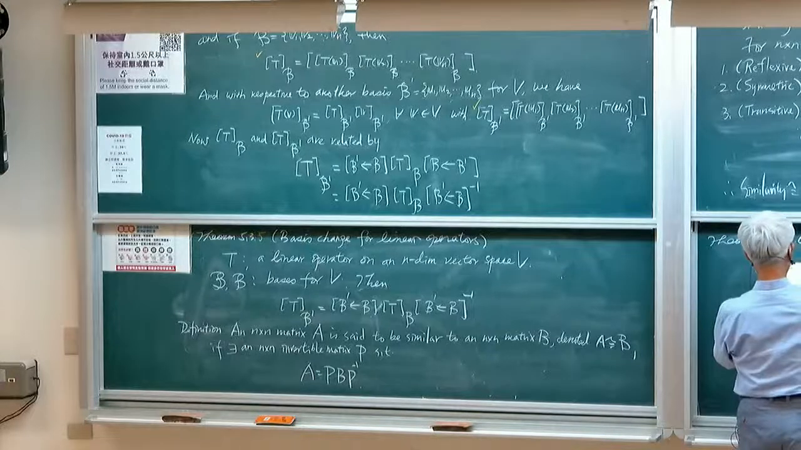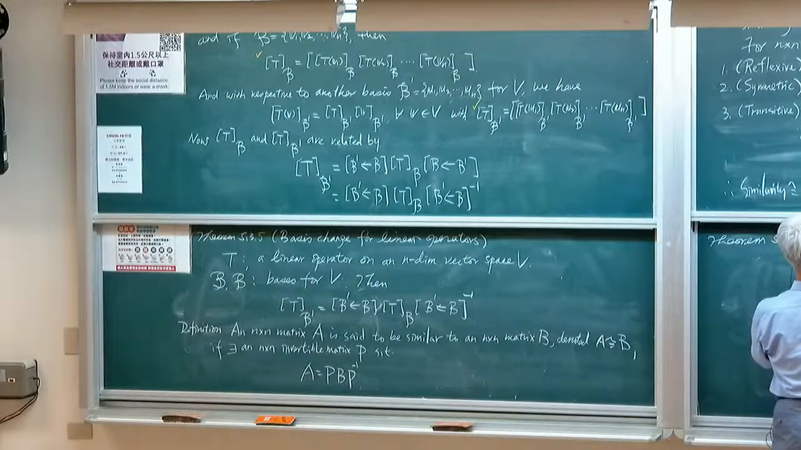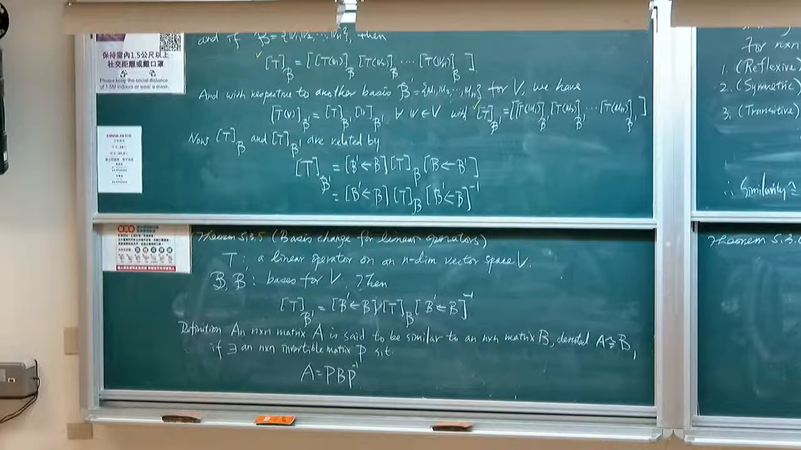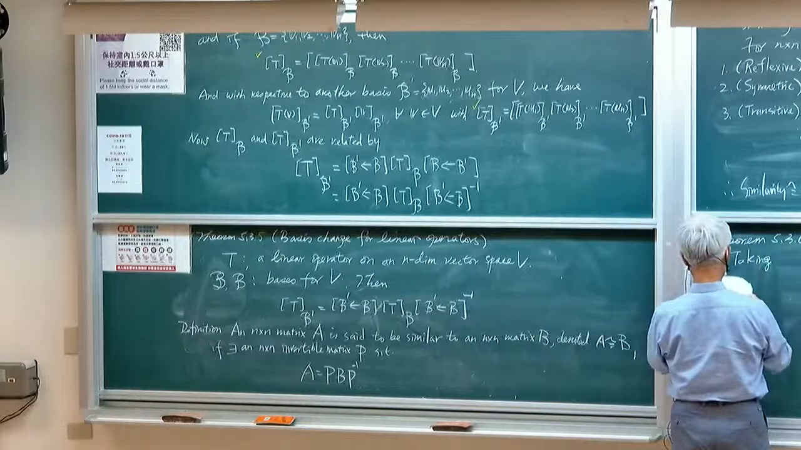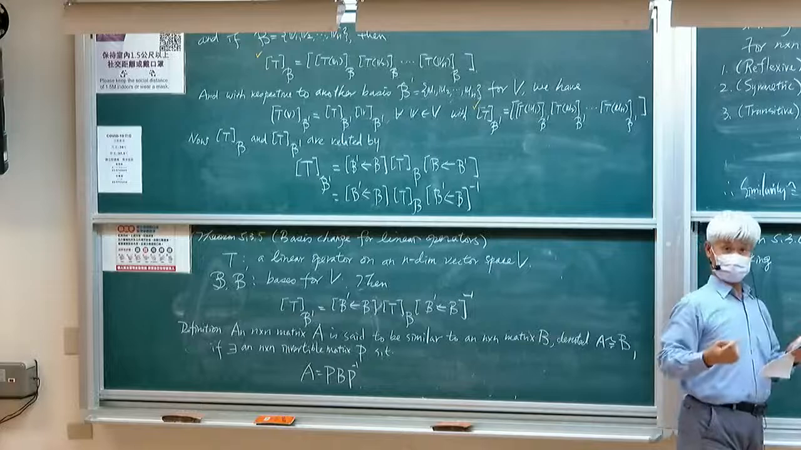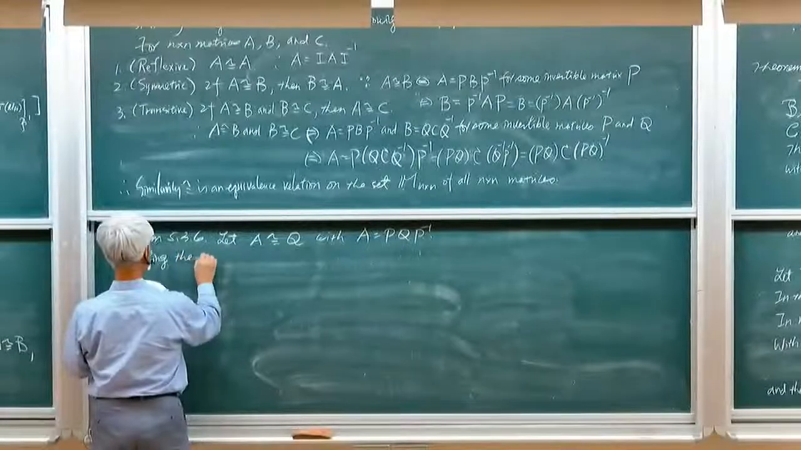All right, so let A be similar to Q, with A equal to P Q P inverse. Now we want to create a linear transformation. So taking the columns